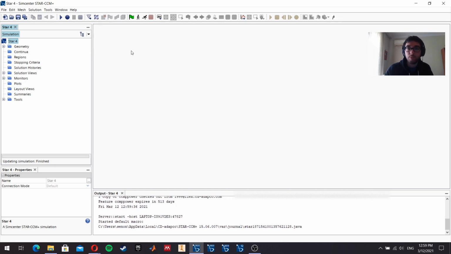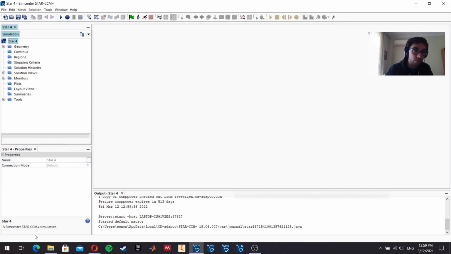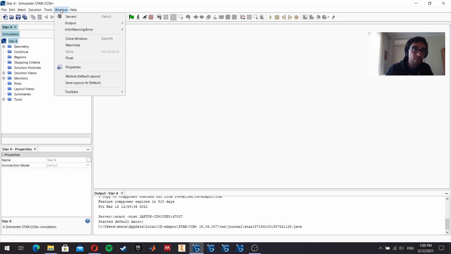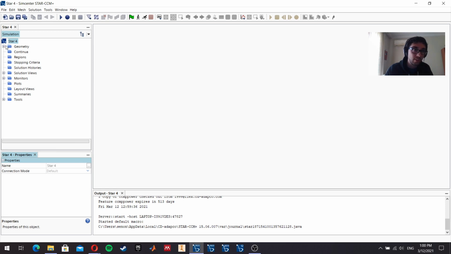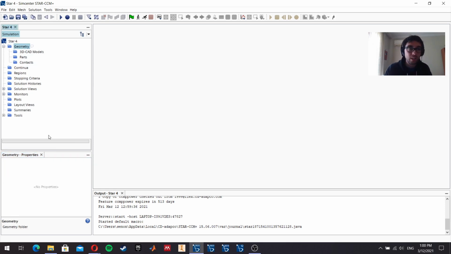So your window should look something similar to this. Sometimes you won't be able to see the properties window in here, and if you don't see it, you can always toggle it from this window tab over here, say properties, and it will show. This is important since once you click on something, it shows you these properties and allows you to work with them. Well, first, what we have to do is generate our own CAD,